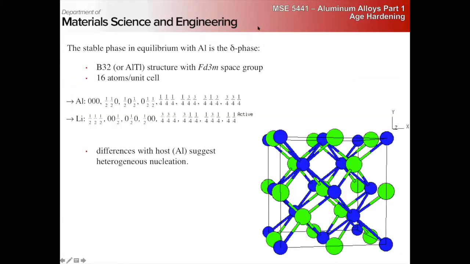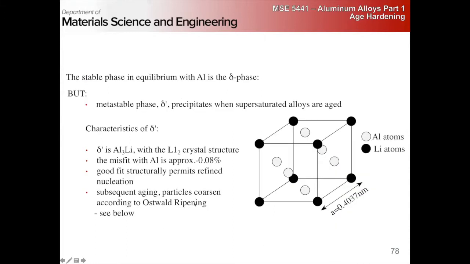The stable phase in aluminum lithium is this delta phase, which is a B32 structure with 16 atoms per unit cell. This just gives the positions of all the atoms. To me, this doesn't look very much like FCC. Does it to anyone else? It's a pretty big unit cell, so of course that's going to suggest heterogeneous nucleation. The stable phase is going to nucleate heterogeneously,